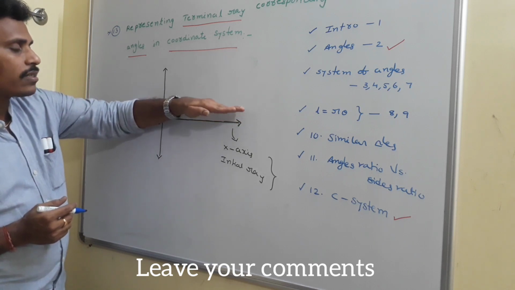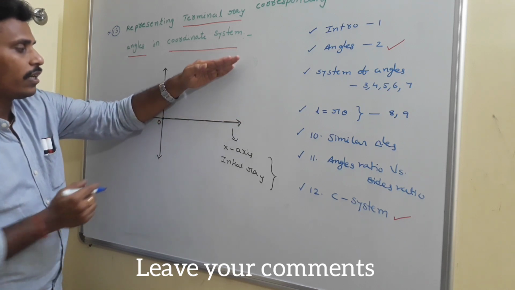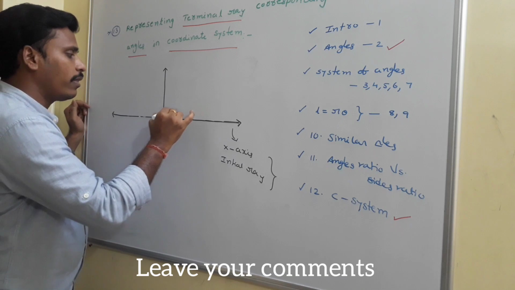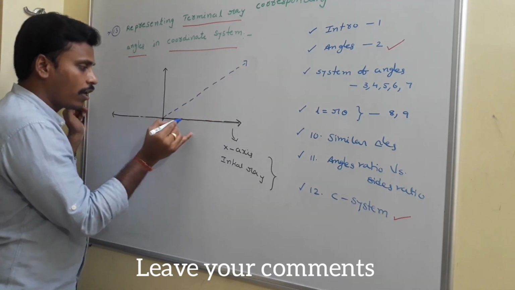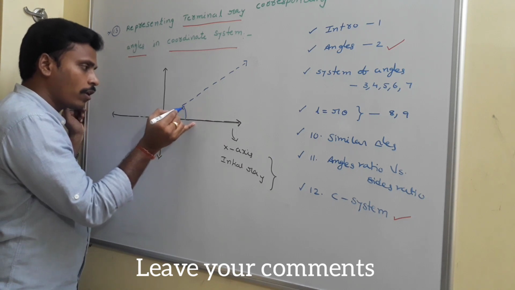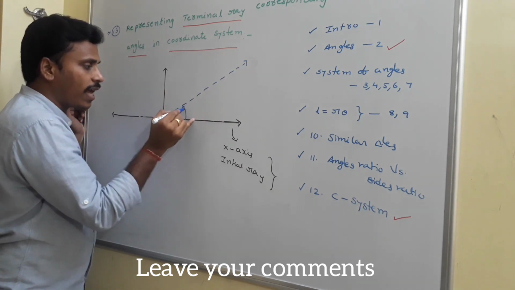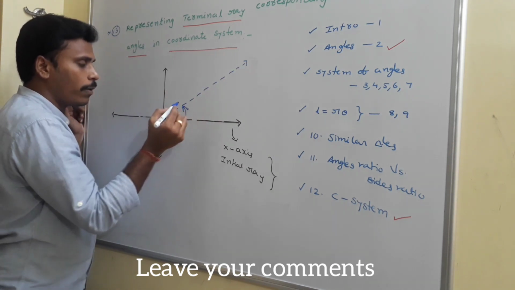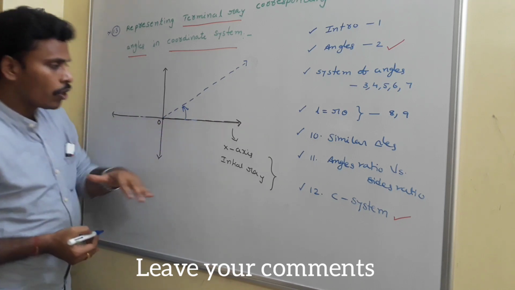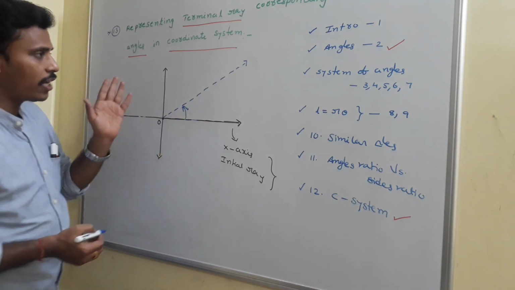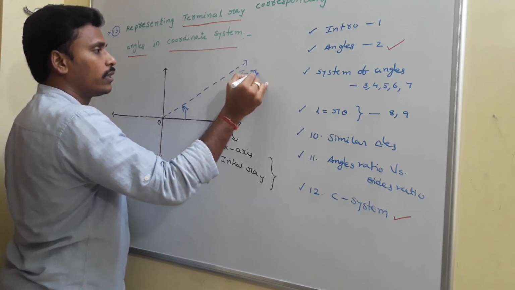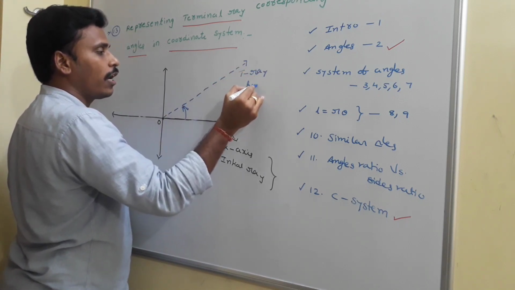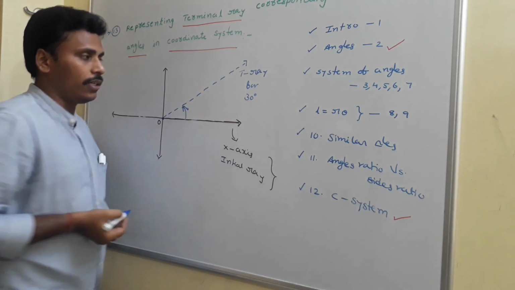So if you rotate this terminal ray by an angle of 30 degrees, maybe then this is the position of the final ray, and we call it the terminal ray. So in this manner we are rotating, right? You need to indicate an arrow like this. To represent from the x-axis, you need to rotate in the anti-clockwise direction, and this is the terminal ray corresponding to an angle of 30 degrees.